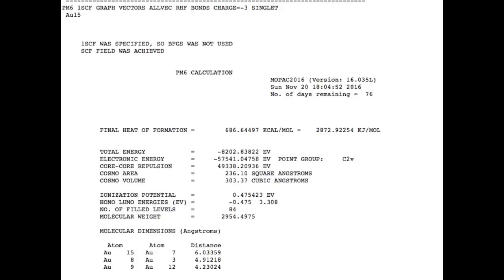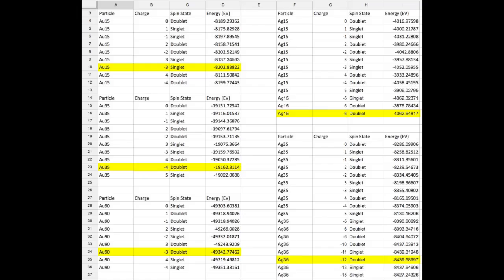The spin state of the molecule depends on how many unpaired electrons are present. A singlet spin state occurs when there are no unpaired electrons, a doublet when there is one, and a triplet when there are two. All the nanoparticles we looked at had either doublet or singlet spin states, depending on their